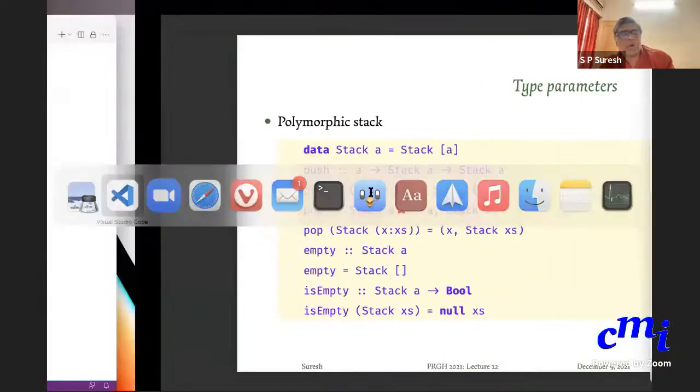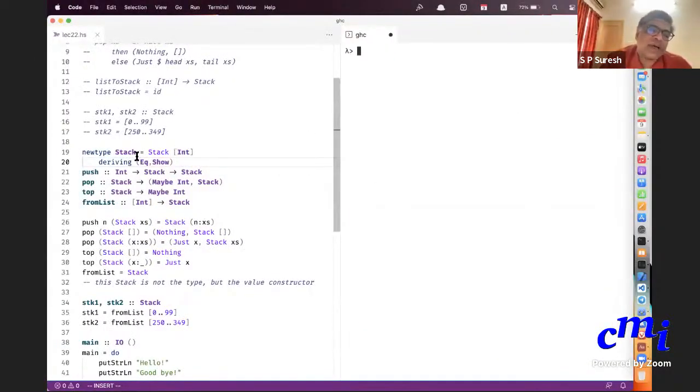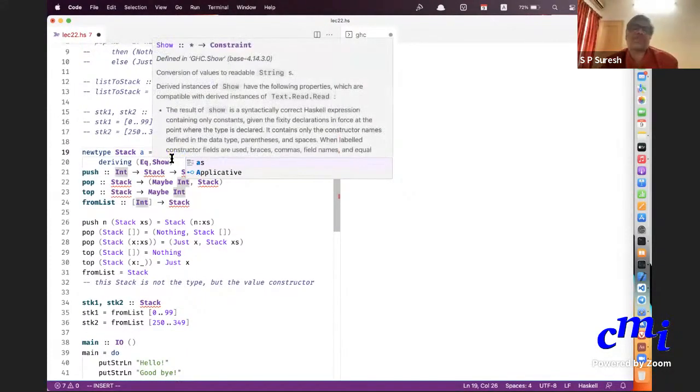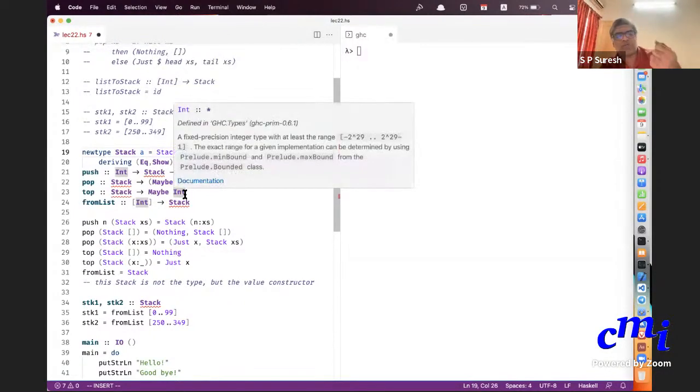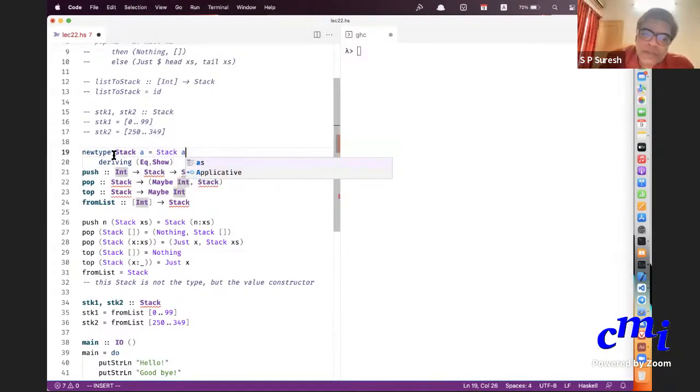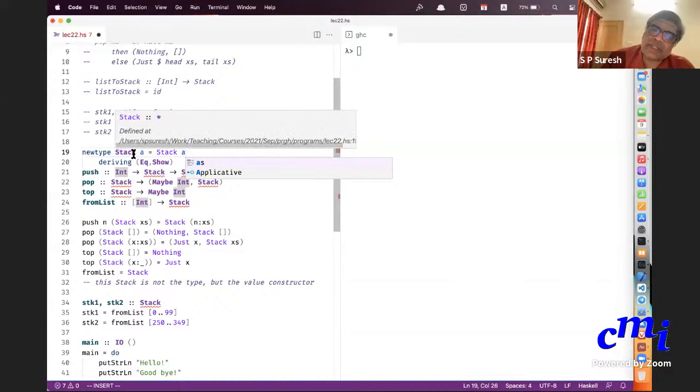Okay, but before we move on to abstract data types, notice first that we can actually make this a polymorphic data type, in which case you will have to add a parameter. It's no longer just a stack, but a stack A. So the stack now becomes a type constructor, and the stack on the right is a value constructor. Okay, this is a value constructor which takes a value of type A and produces a value of type stack A. The stack on the left is a type constructor that takes any type and produces a new type. Okay, so it will take int.